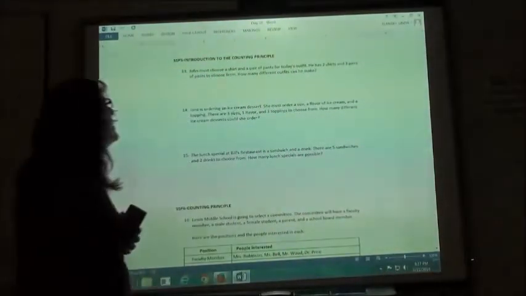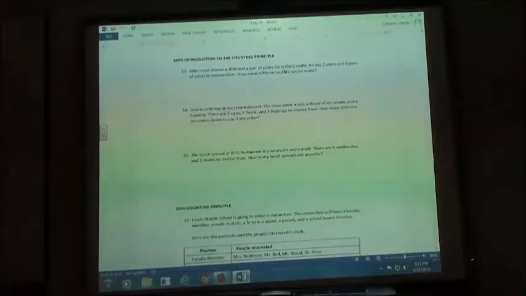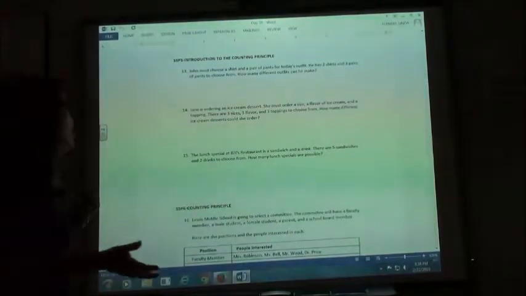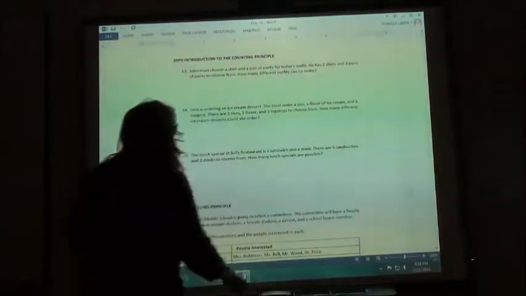Introduction to the counting principle. The counting principle says if I have so many of each kind of thing that I can multiply the combinations together in order to figure out how many outfits I have. If I think about it this way,